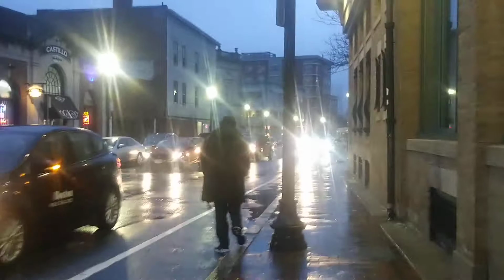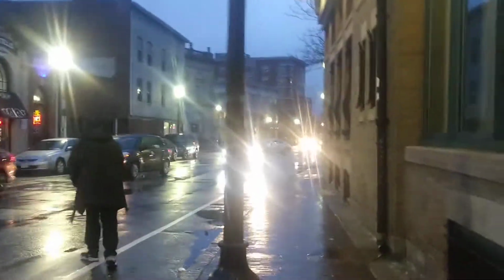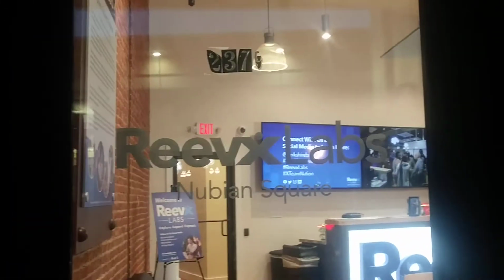Somebody was asking me what they do in this lab over here, so I'm just going to give them a quick view of what they do in this lab. I told them it's a computer lab, so I figure I'd give them a little demonstration of what it really is. It basically looks like a learning center. I haven't quite asked what they do inside there, but it looks like a computer lab. So that person who was asking me about VVEX Labs, here goes VVEX Labs. It's located